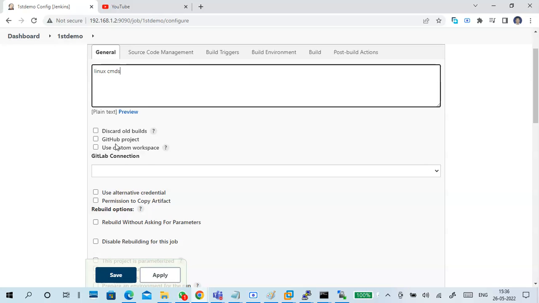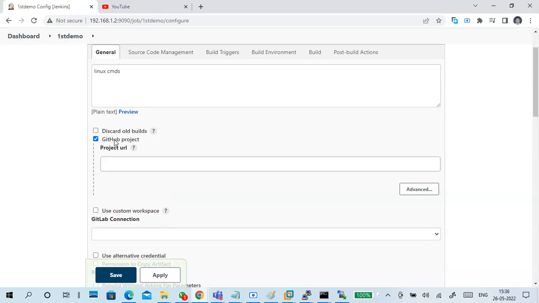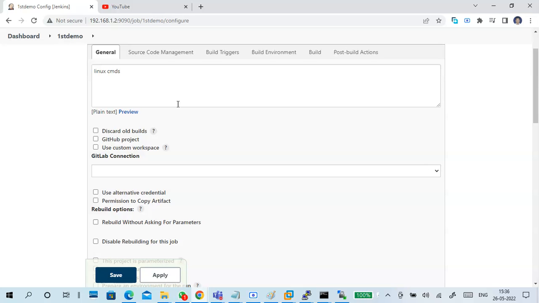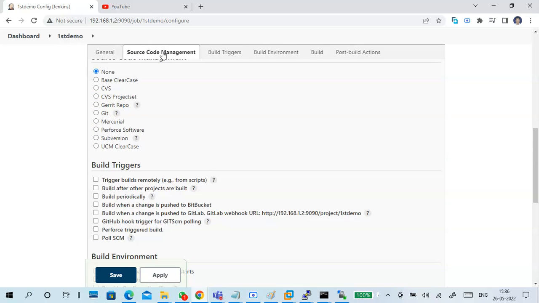Okay, so do you have any Git project? You can inform it. This is source code management. Where is your source code? Is it in Git? Is it in Gerrit? Is it in CVS? Is it in Base ClearCase? Is it in Mercurial? Like that. Is it in Subversion? Where is your